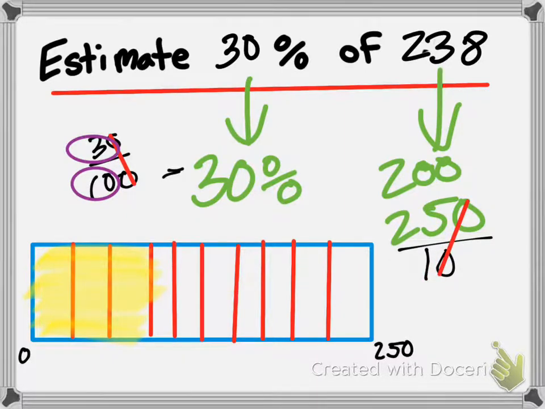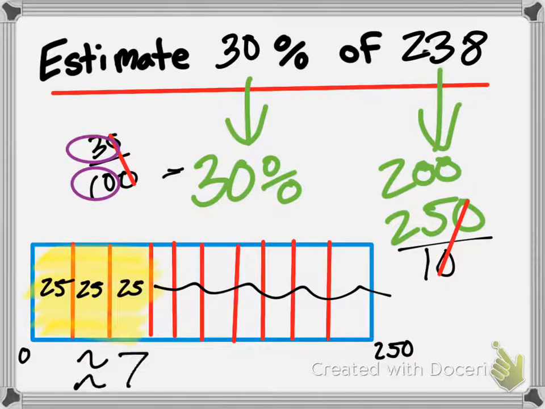25 over 1. Anything over 1 is itself. 25, 25, 25. I only care about those 25s. So I get my answer to be approximately 75. If I found the exact amount, I would find out that my exact amount would be